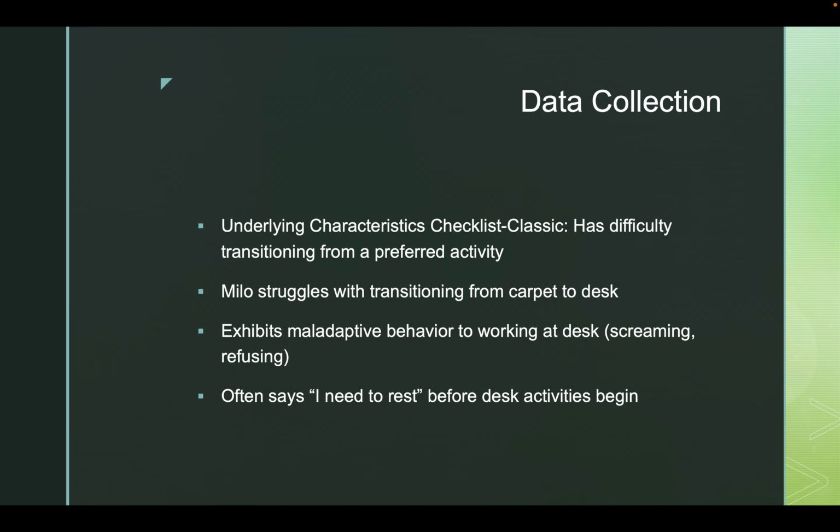To begin, I use the Underlying Characteristics Checklist Classic. I use this assessment to identify some behaviors that I was seeing with Milo, our focus student. The Underlying Characteristics Checklist Classic is good to use for students with autism because it identifies characteristics across different domains that are associated with ASD. So there is sensory and behavior and a bunch of different ones you can use, but I used it